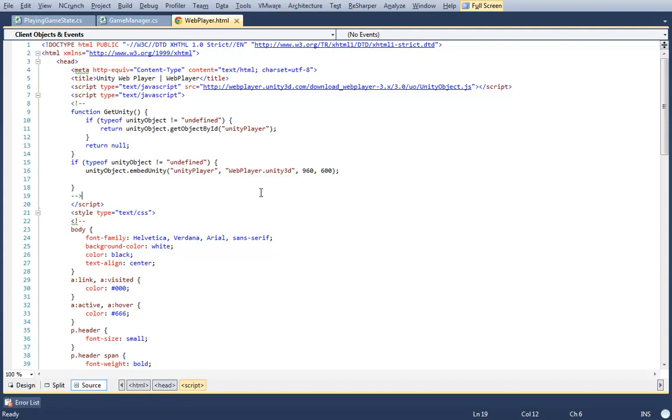pages, the point is that if you get this set up the way you want, and you do a new build for the web, you can just replace exactly the Unity 3D file, the package, and not the actual HTML file. So you can either match the names and overwrite it, or you can change the reference on line 16 here, because that literally is the file that will be picked. So in my case, when I set that up for something, I used the short Dropbox link to my